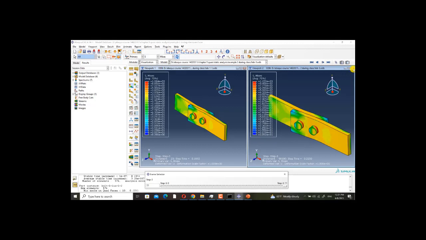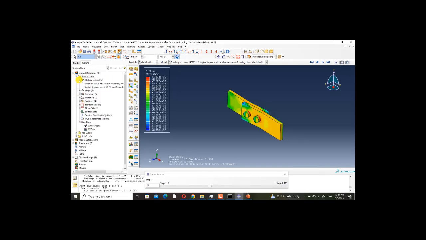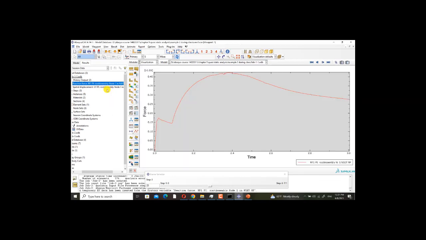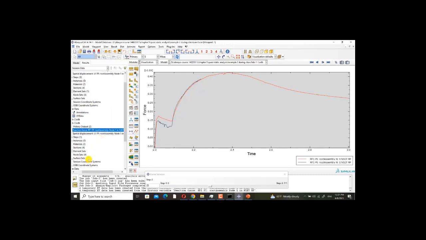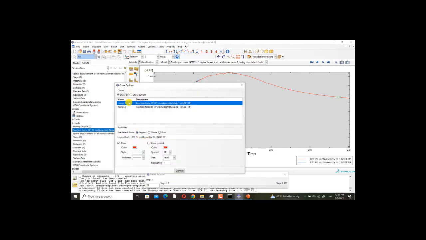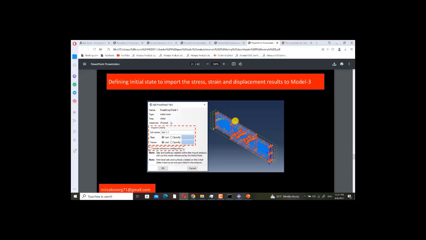And if I compare the results of force displacement, this is force. If you see, they are close to each other. Okay, they are close to each other, and here I want to talk about